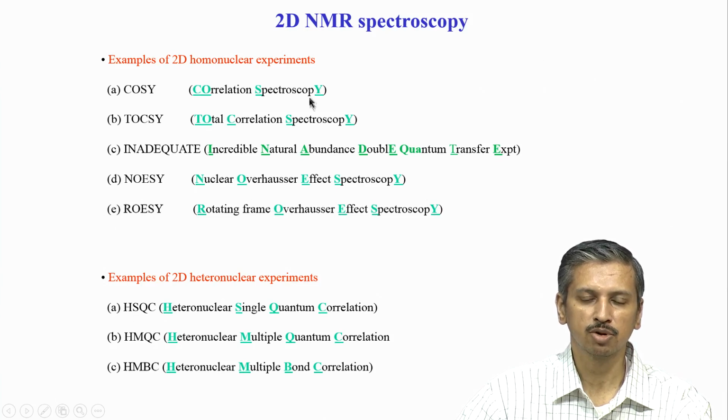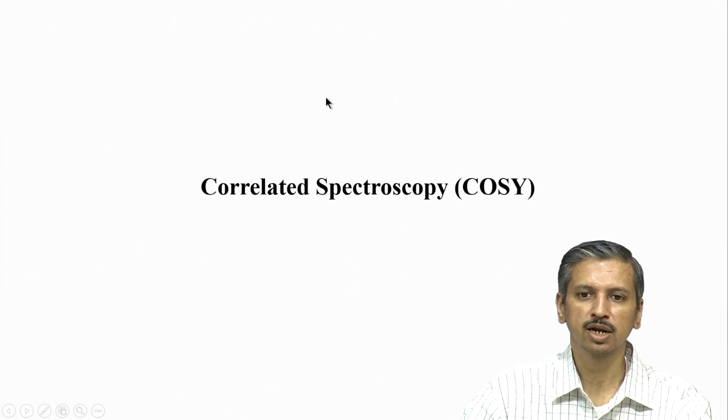We will also look at this homonuclear experiment wherein both the axes are hydrogen and hydrogen, whereas in this case we will see heteronuclear experiments where one of the axes is hydrogen, the other axis is carbon or nitrogen. So, let us start from the very first experiment, 2D correlation spectroscopy. This is one of the very first NMR experiments which was developed and slowly it evolved into many more variants. The 2D COSY which we use now is no longer the one which was originally published. There were subsequently many other published versions, but we will go to the earliest version because we just want to get an idea of the principles of how this works.